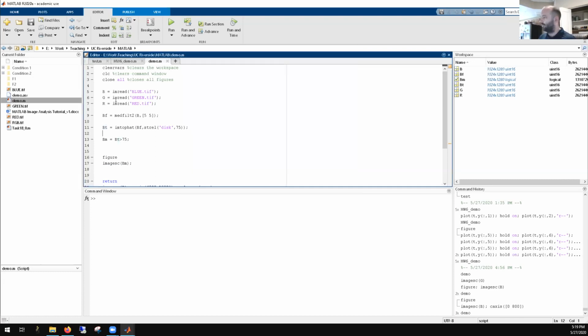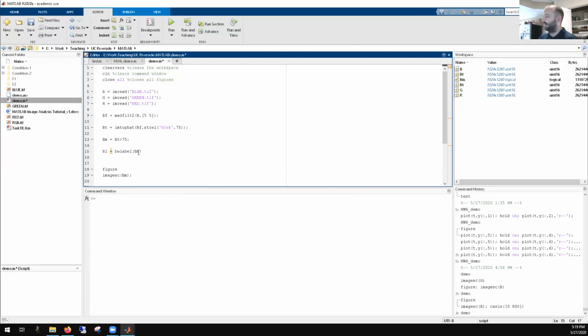So basically what we've done is we've read in the image, we filtered it, we did a Tophat filter, and then we thresholded the image. Now that we have this thresholded image, what can we do with it? So we can label it. So I'm going to call this BL, for bwlabel. This isn't the most elegant way to do it. I'll show you some other ways, but basically,